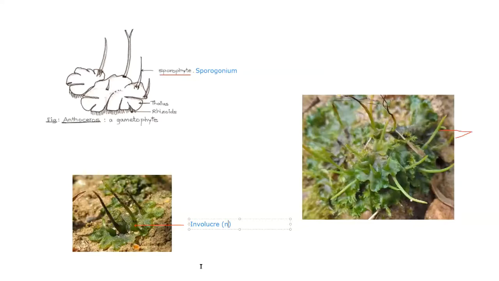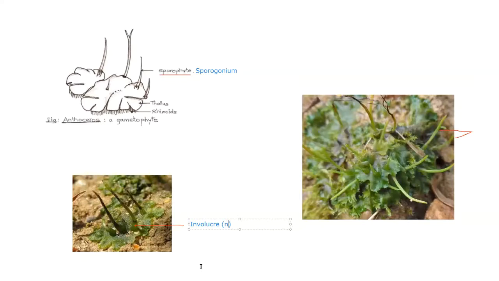Now, for that, we have to understand the internal structure as well. But one thing you can observe over here, all these sporophytes or sporogonia have different lengths. And for the simple reason, depending upon when they have formed, their growth will be variable. And one more thing, just now we mentioned, there is a presence of meristematic tissue at the base, and that's the reason why the growth is continuously taking place.